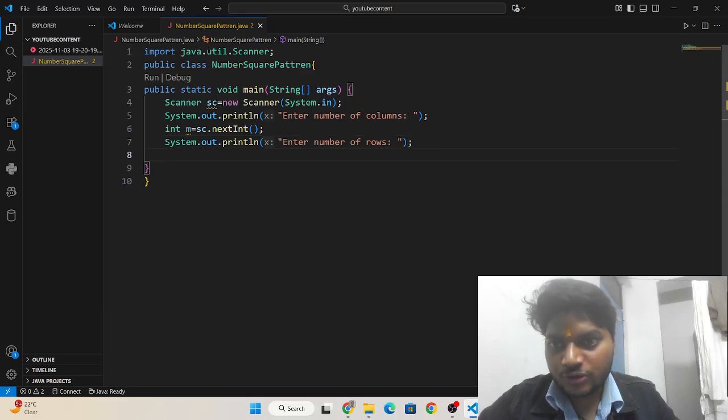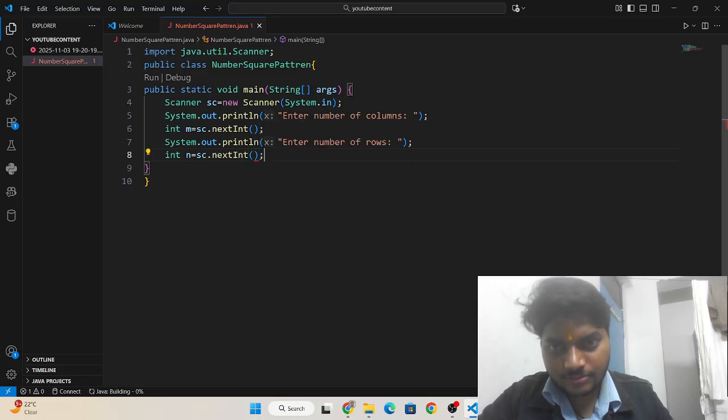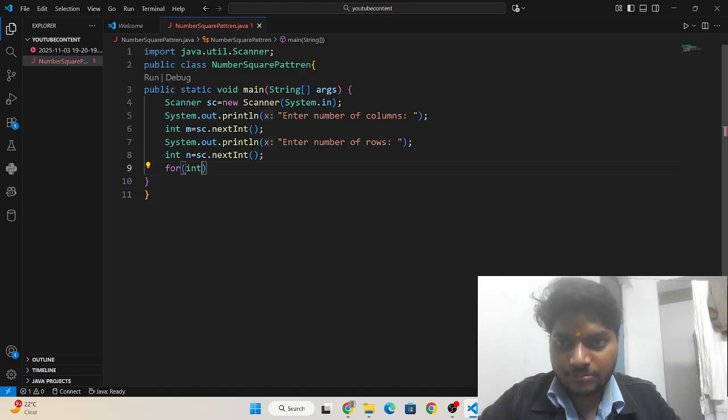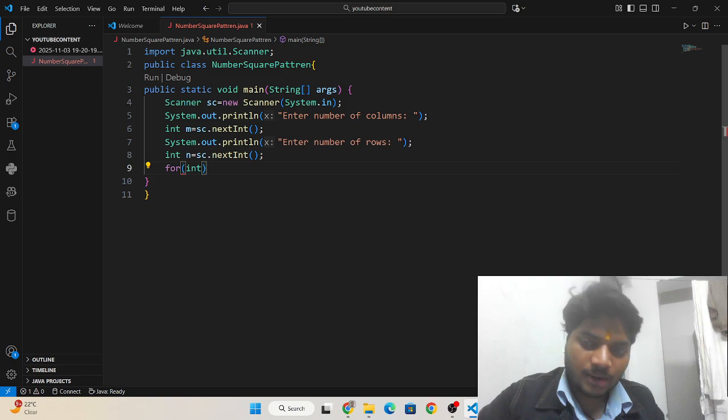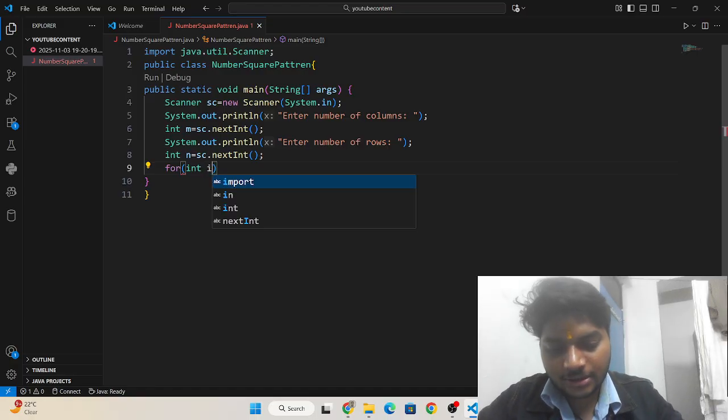Now I'm going to take these rows in the variable n equals sc.nextInt(), and then I am going to write a for loop, the outer one for printing rows, and then the inner one for printing columns, and then I will write another System.out.println which, after printing the entire row, will move to the next row. So I need to write here int i = 0.